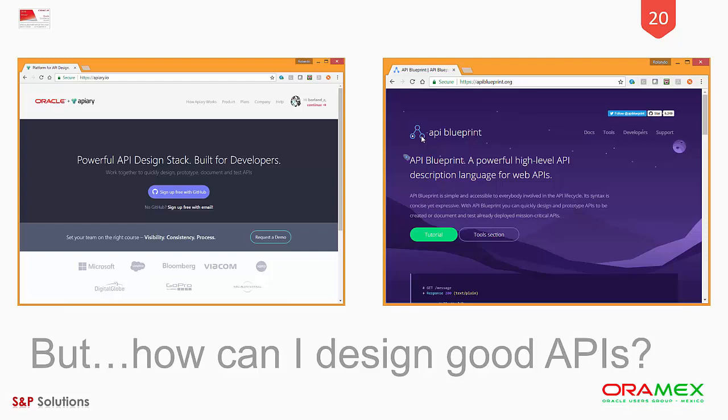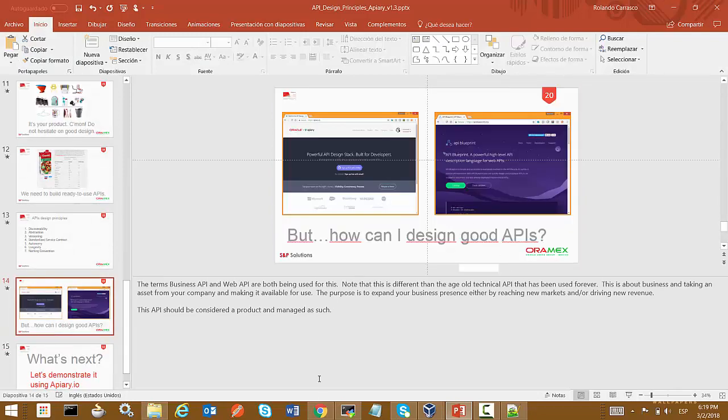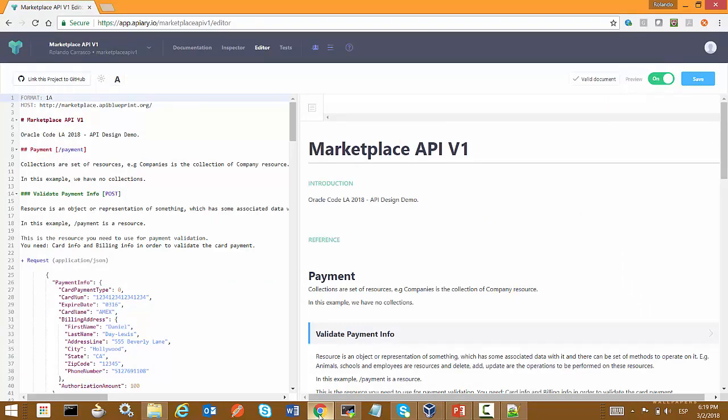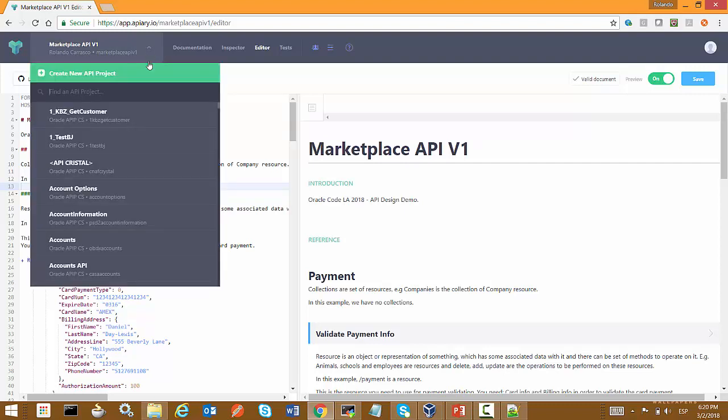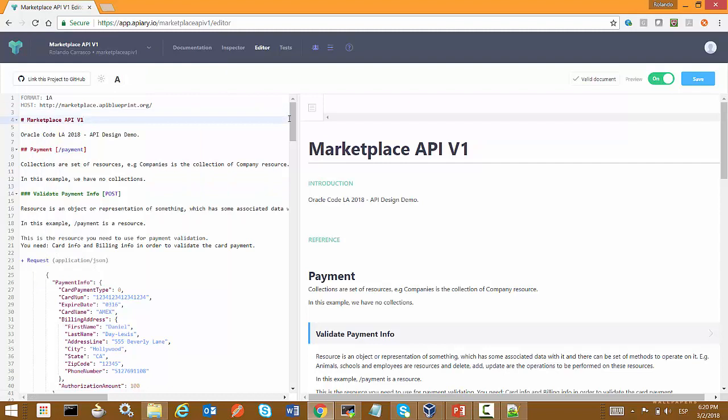Hello everybody, my name is Leonardo Gonzalez and I'm going to show you this demo. In order to use Apiary, you only need to sign up on the website, and that's it. Then sign in, request the free version of the platform, and then just use it. If you want to create a new API definition, you can use this option and then press this button, create new API project. So this is the first version of the API.